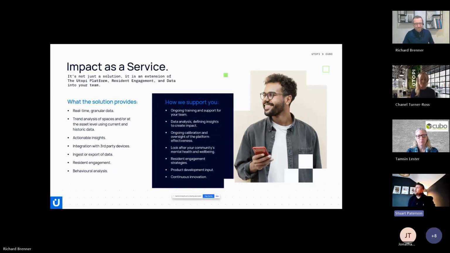I guess ultimately the technology that we install is an enabler for data collection. And Richard and Chanel have mentioned that we have over 30 billion data points. At the moment at scale, we're probably adding, give or take, a billion data points every 4 to 6 weeks. If I'm being really honest, when we start talking about things in the billions, it tends to lose meaning for me personally. But we do have an extensive data set.